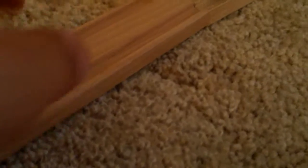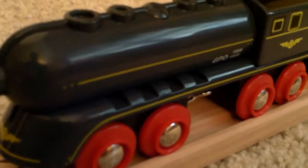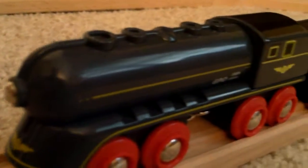Since the year 1999 or 1998. For Connor, he's a New York Central J3A Hudson locomotive, 484 or 468. I mean 464. I think that's what it is. This, I think, is the same wheelbase, maybe, if it's real. But anyway,